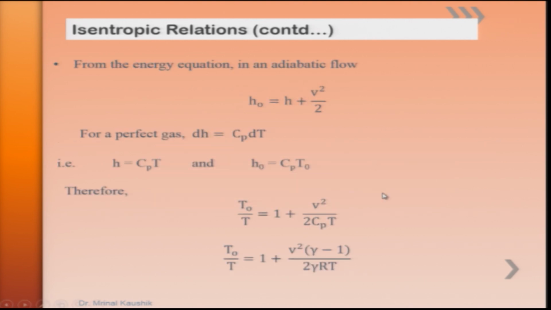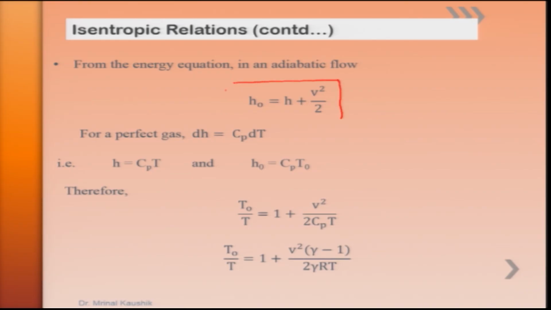Now, from the energy equation which we have derived for an adiabatic flow, we have seen that H naught is equal to H plus V square by 2. Now, for a perfect gas, we know that dH is equal to Cp dT. If the gas is perfect and dH is equal to Cp dT, if we integrate both sides, from 0 to H and from T equal to 0 to T,